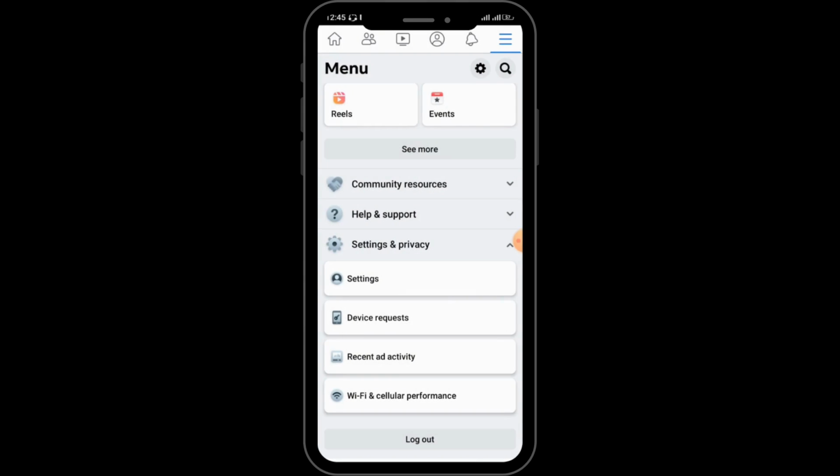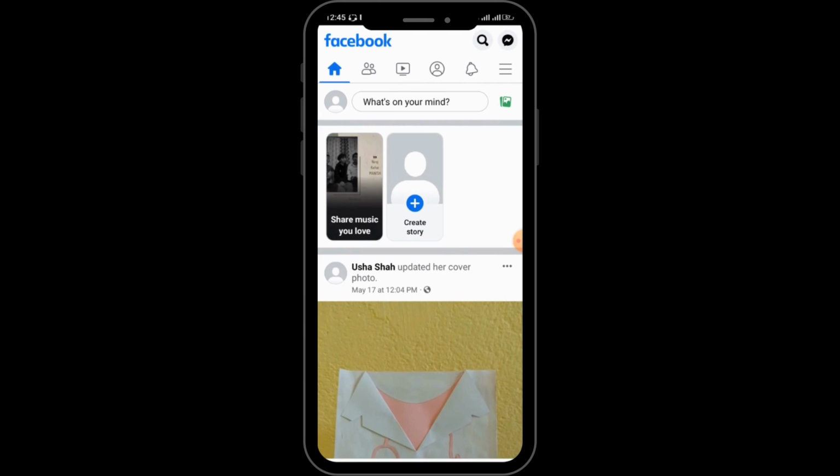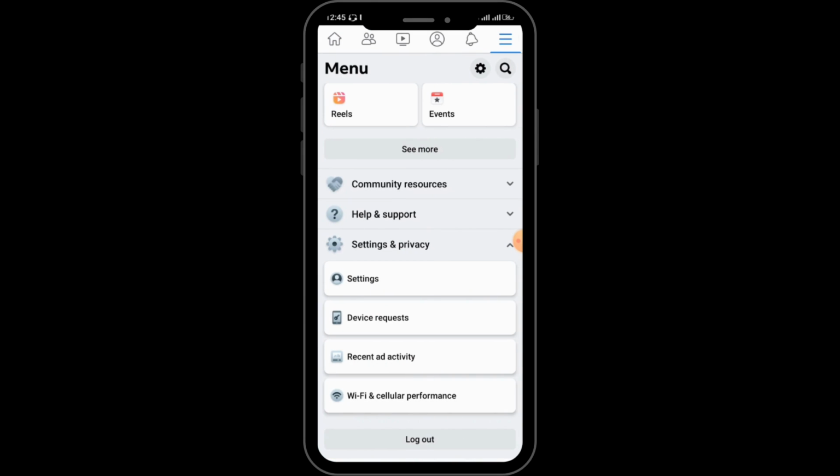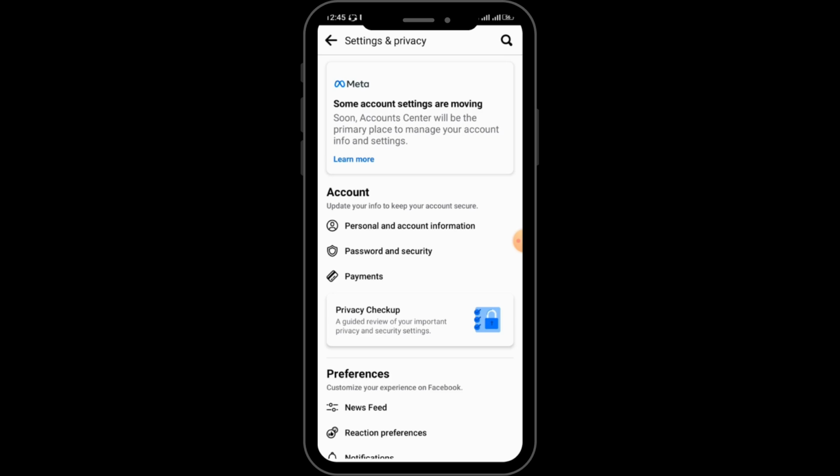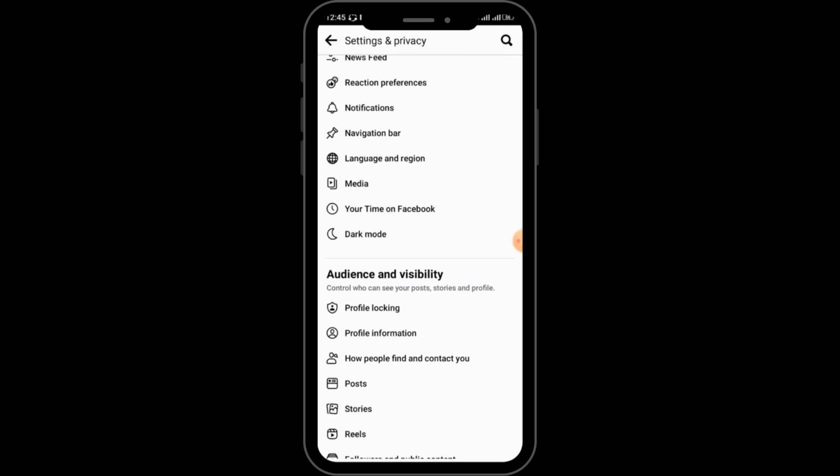go back to the home page, and here in the top right corner you'll be able to see three horizontal lines, so you have to simply click on it. After that, you have to tap on settings and privacy, and here you'll be able to see the settings. You have to go through settings. After that, you have to scroll down below until you see the profile locking option, so you have to tap